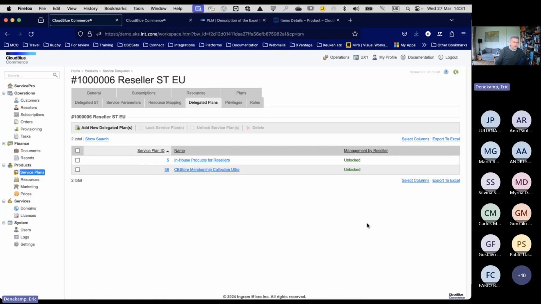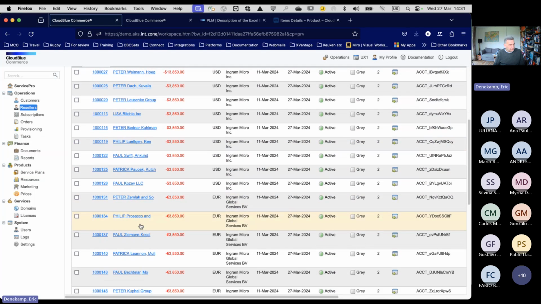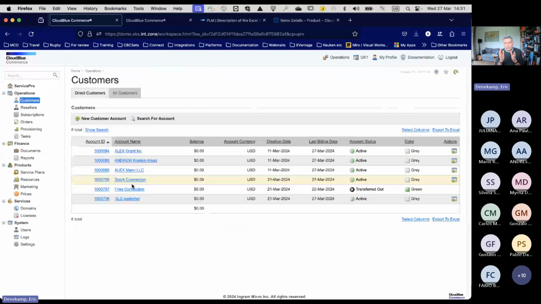For this, we have a reseller management training, but basically the reseller template is a template that allows a customer to become a reseller. If you onboard a new reseller, there's no button new reseller. Let's go there. There is no button add a reseller. I can search for resellers, but I cannot create a new one. What I always do is I upgrade a customer to become a reseller. And I do that by selling him a plan that is based on what we call a reseller template.